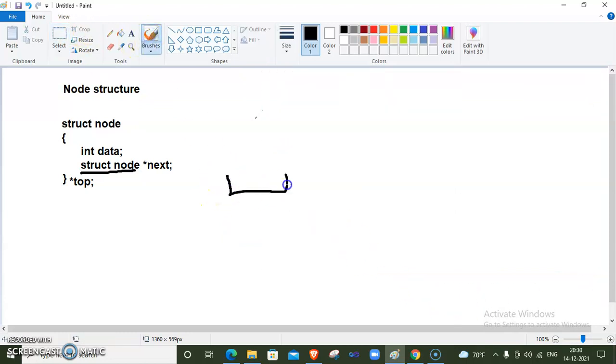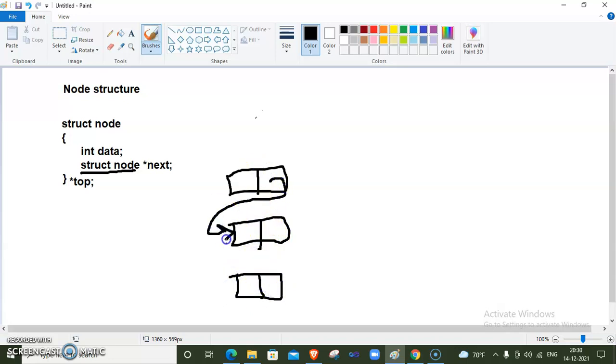If there are some elements present inside the stack, this is the current condition of the stack, and top holds the topmost node's address.